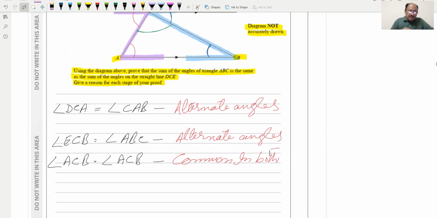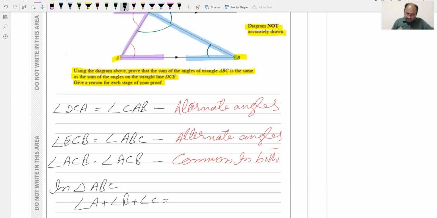So we can write that the sum of interior angles will be equal to, in triangle ABC, angle A plus angle B